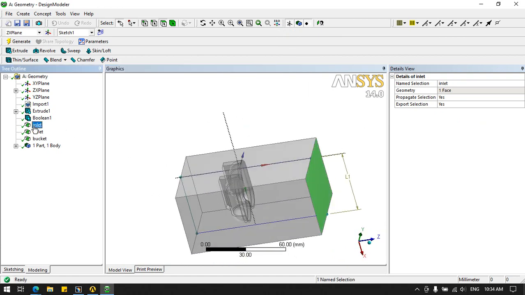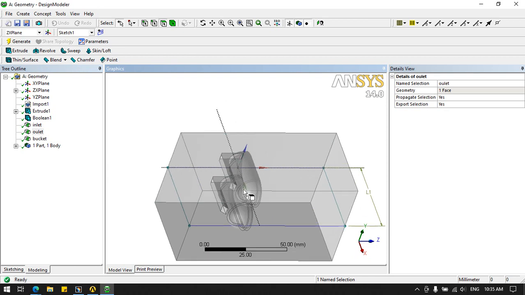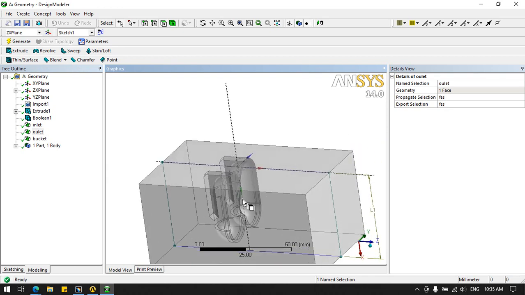So it is the inlet and it is the outlet. Water should come here and go out through this. Between these two, inlet and outlet, we have a body which opposes the flow, so that we can see there is a change over here. From the change we can find a force.